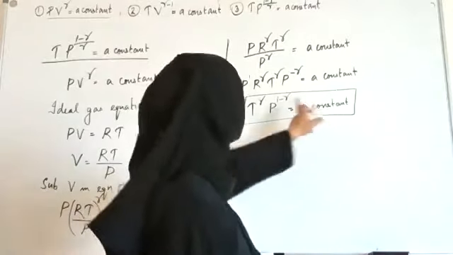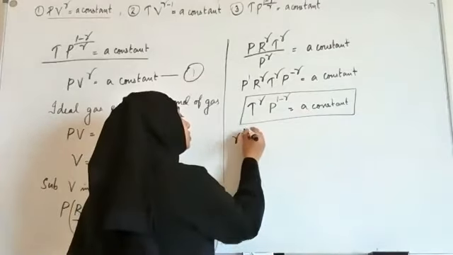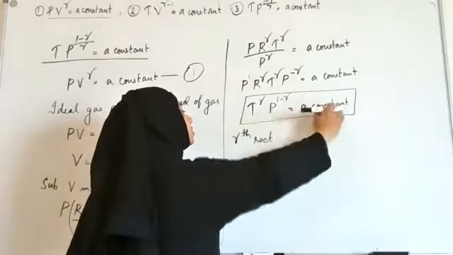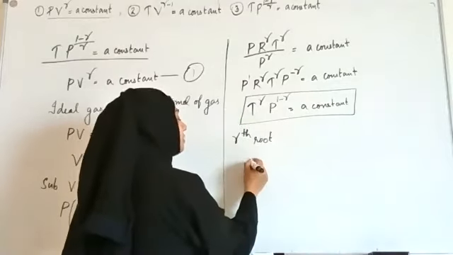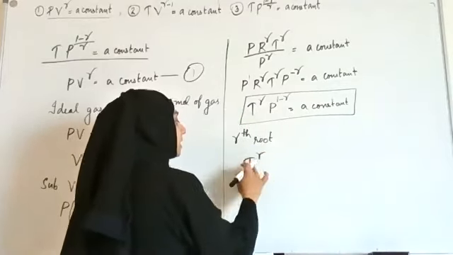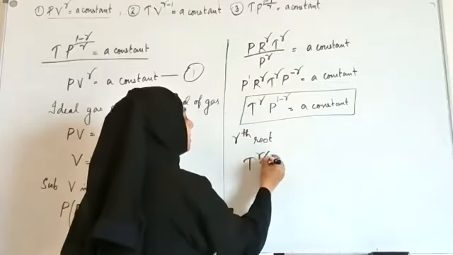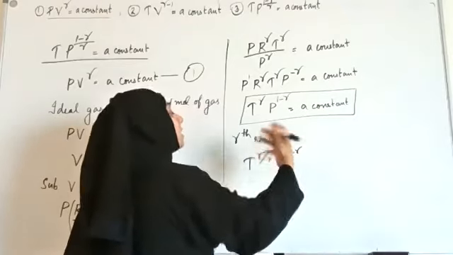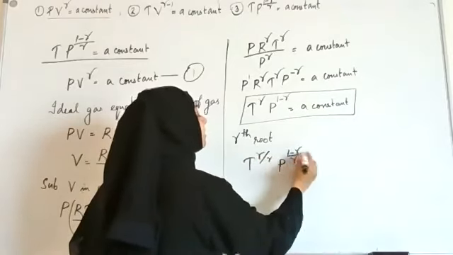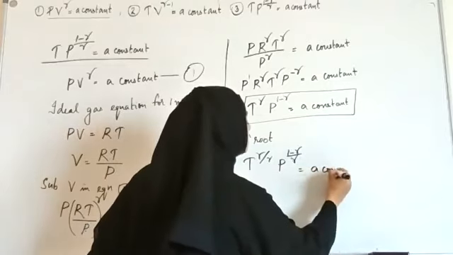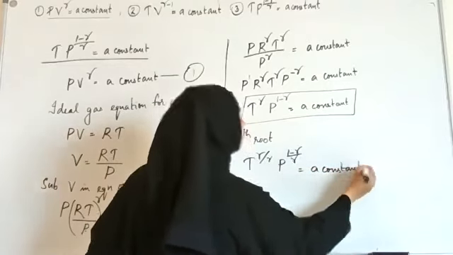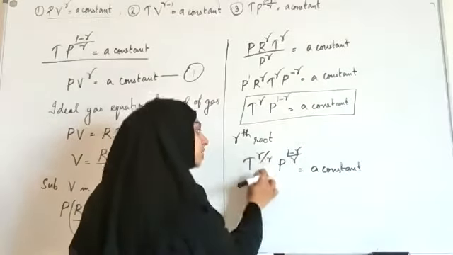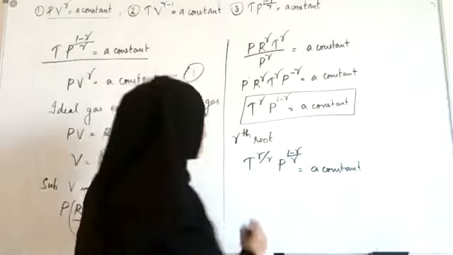So this will become T raised to gamma, its gamma root will be raised to gamma by gamma, and P raised to 1 minus gamma, its gamma root will be divided by gamma, equal to a constant. A constant's gamma root will definitely be a constant. So here T raised to gamma by gamma is T raised to 1, right? So I can write it as